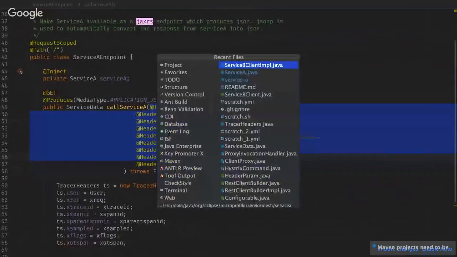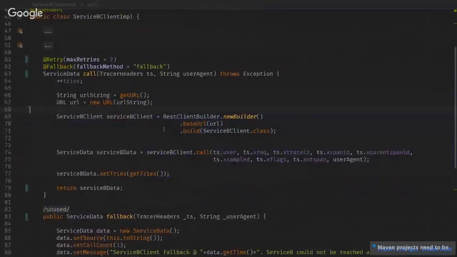And when I go to my service B implementation, you see here I have the MicroProfile REST client, and then I do a call where I specify these headers as well as the user agent. And this way it's forwarded from service A onto service B. And here the virtual service of Istio can take it and go forward.